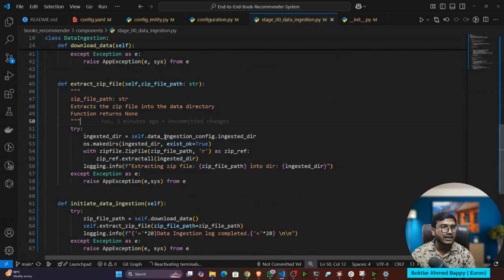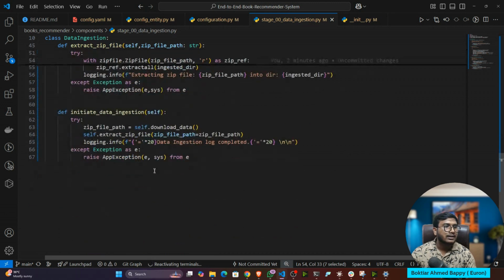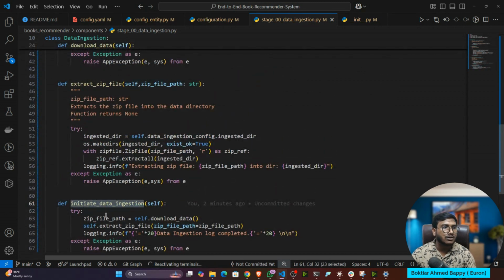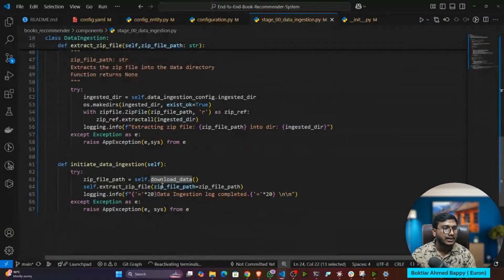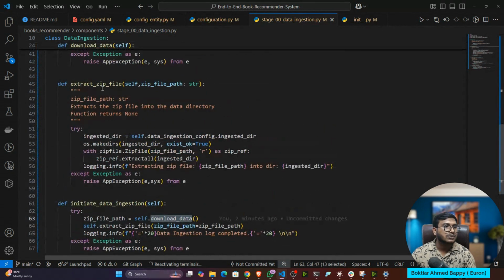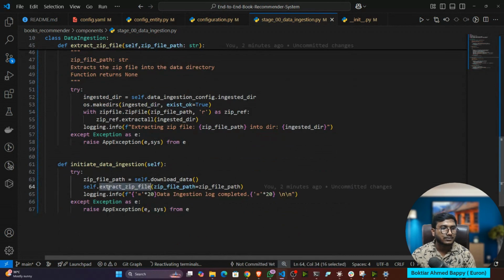So here I'm using the zipfile function to do the unzip operation, and it is saving inside the ingested folder. And this is the final method I've written called initiate_data_ingestion. That means this particular method will call your download data. You can see it is calling the download data function, and it is calling the extract zip file function.